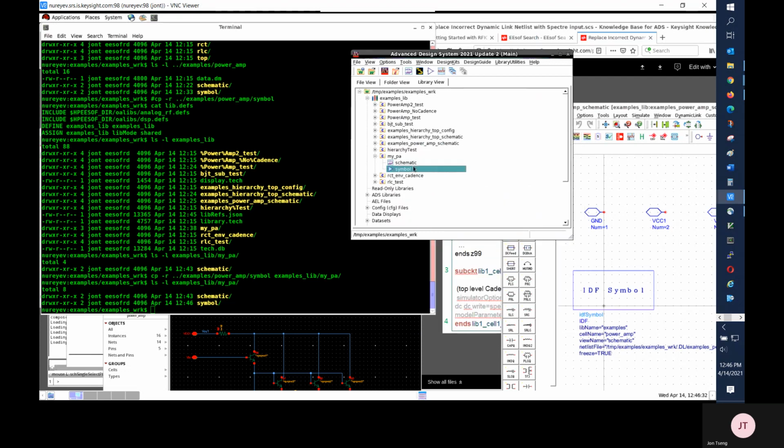Opening the symbol, you should see the same symbol as in Cadence Virtuoso. Now I'm done with creating this pseudo dynamic link component, and I'm ready to test it.